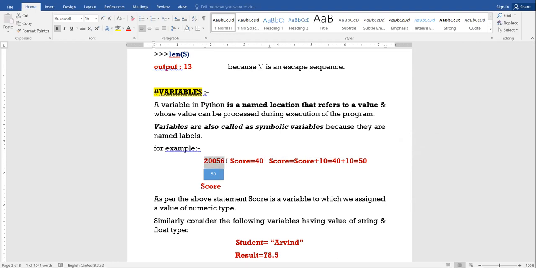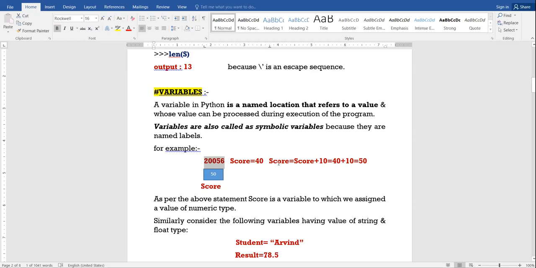Am I clear? The location of the variable has also changed. Am I clear, 11th class? Devanshi, Gurjot, Japanjot, Diya, Samriddhi, Manjot. Am I clear with the concept to all of you?